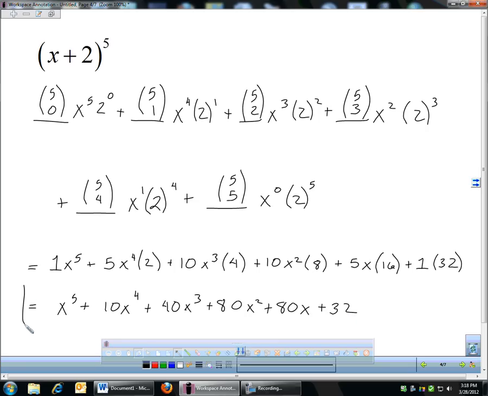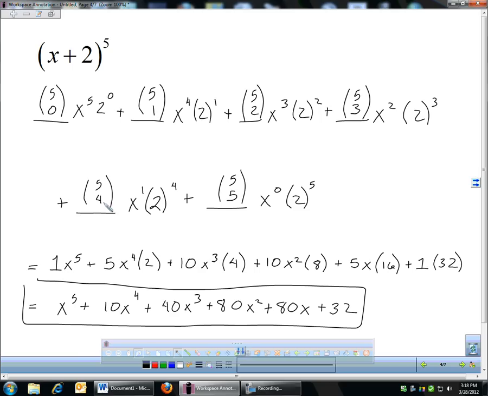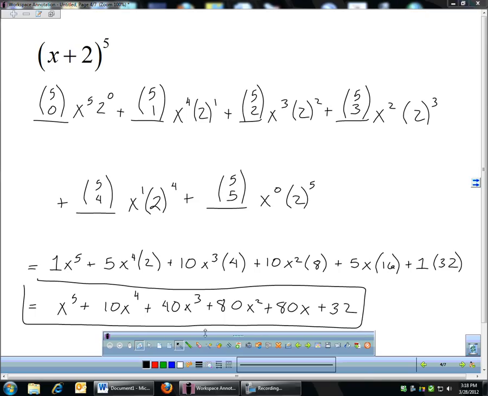And that would be your final expanded form. A lot easier than having to write this thing out 5 times and doing a ton of expanding. If I ask you to expand things completely, I'm actually going to be kind of nice to you. If I ask you to write out the entire expansion, all their 1, 2, 3, 4, 5, 6 terms of this thing, if I ask you to do the entire expansion, I am perfectly okay if you stop right here